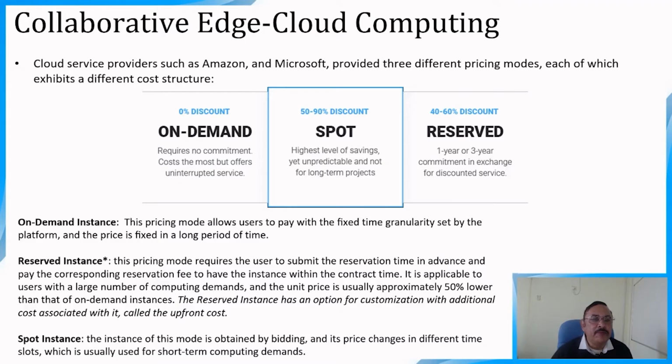The second type of service which the cloud provider provides is called spot. It offers the highest savings yet is unpredictable and not for long term projects. The third type of service is called reserved, with a 1 or 3 years commitment in exchange for discounted service. Now, for an on demand instance, this pricing mode allows the user to pay with a fixed time granularity set by the platform,